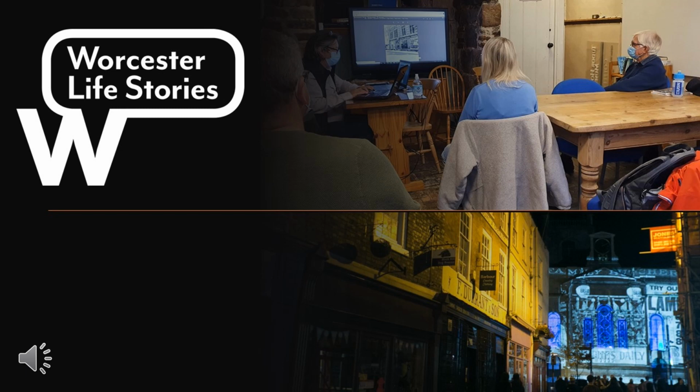And we haven't stopped there. It's all been captured in a book which you can buy all over Worcester. I've got a copy of it in front of me now. Really pleased with the way it's turned out. Lots of lovely photos and memories in it. QR code links to more stuff online, so you can listen to the voices of people that we've interviewed throughout the project. And we're continuing to digitise photos and record stories, even though the Worcester Life Stories project is coming to an end. In fact, this podcast is coming towards the end, but the last word must go to Paul